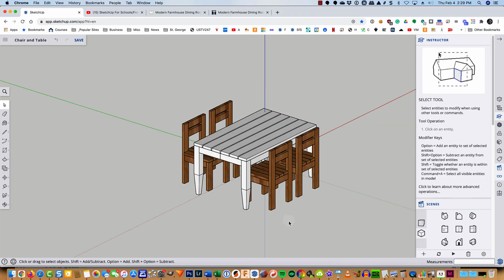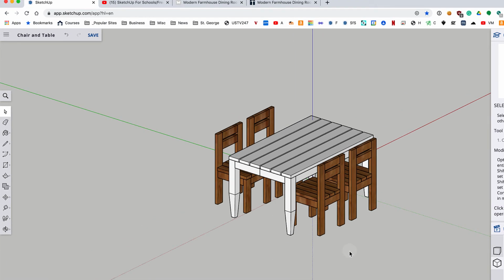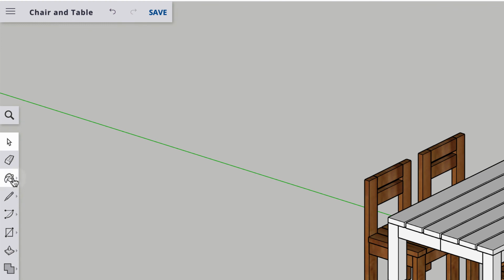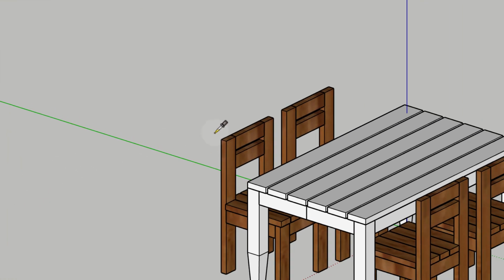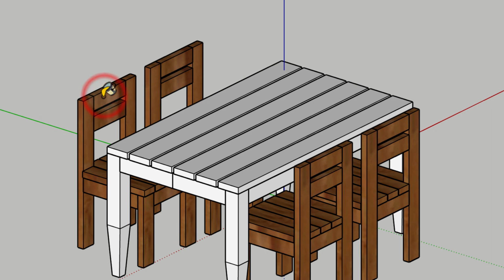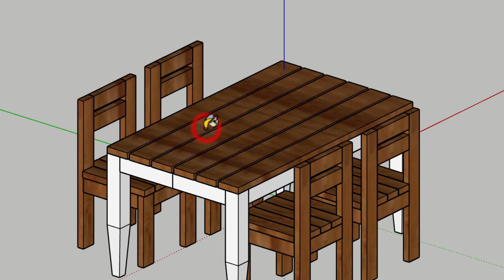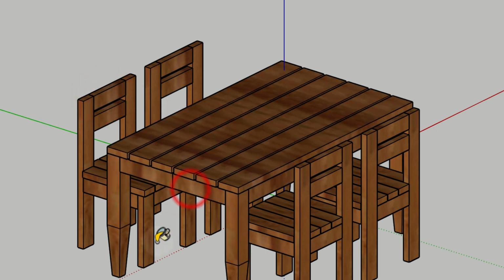So now let's say we want to apply a material to our table, and we want it to be the same material as the chair, but we don't remember what material we used. Well, up here, when we open up the paint bucket tool, one of the nested tools is the eyedropper tool. So I'll click on that, I'll select a chair, and then paint that,